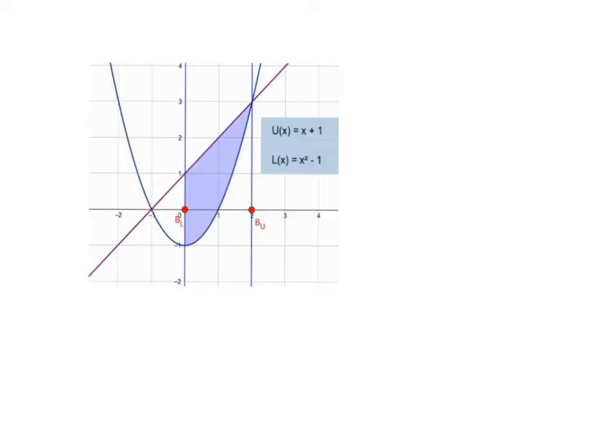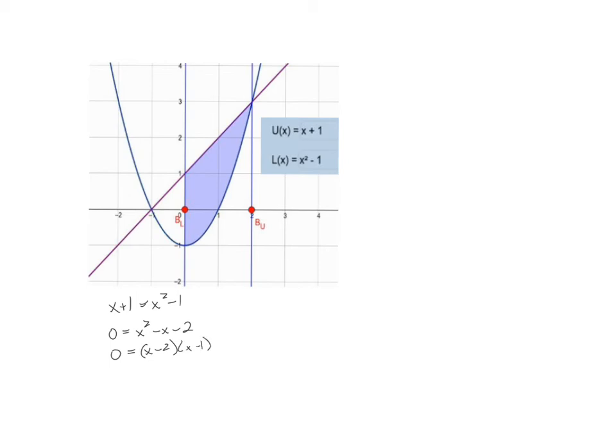Okay, the last question I've got is going to be a little bit more challenging. So we've got two graphs again. I've got x plus 1 and then x squared minus 1. That's the upper and the lower ones. So let's algebraically figure out our intersection points once again. If I make that equal to 0, I would get x squared minus x minus 2. If we factor that,